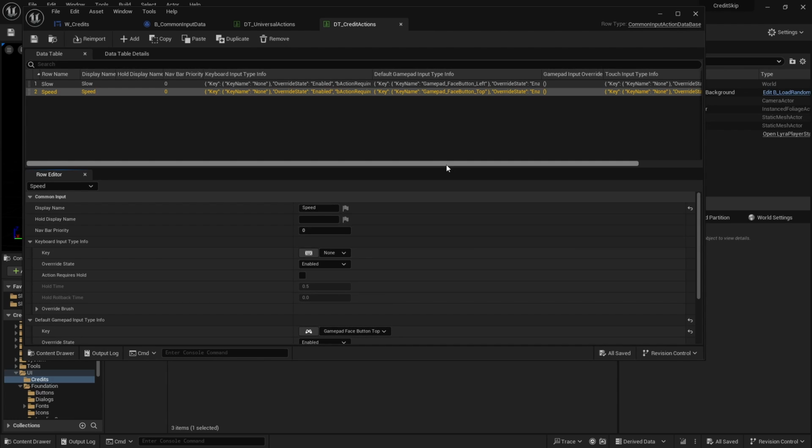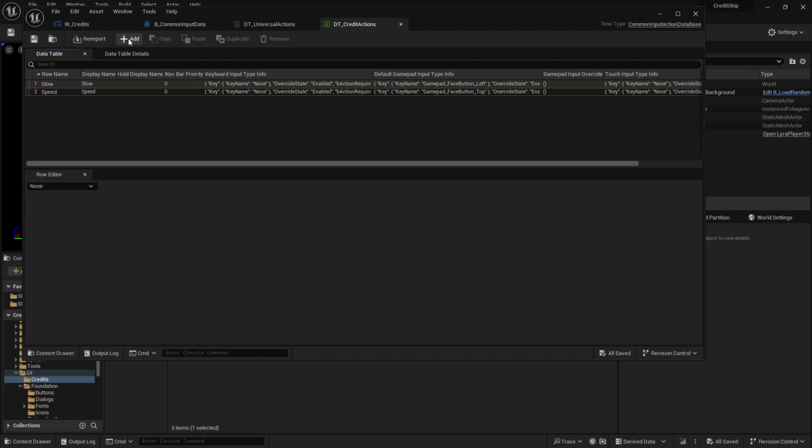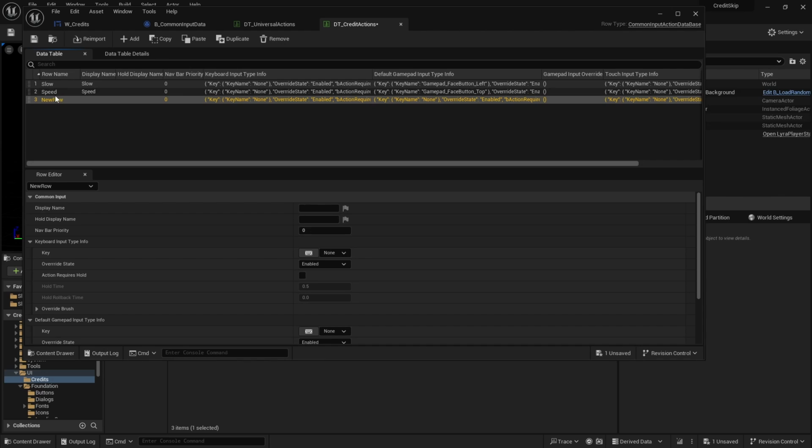Okay, and then the speed, I'm gonna use the gamepad face button top. Okay, so, oh, and actually, I don't really want the back button, so I'm going to call that one skip. It essentially acts like a back button, but it'll allow the player to hold it down as they see all the names of the wonderful people that worked on the game and to feel some sort of regret for skipping it.